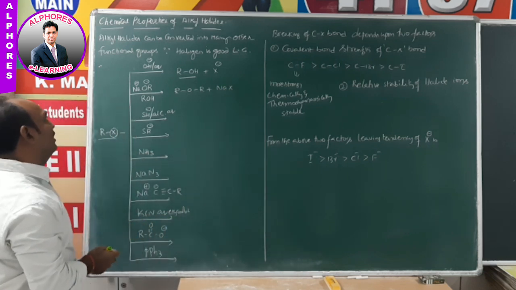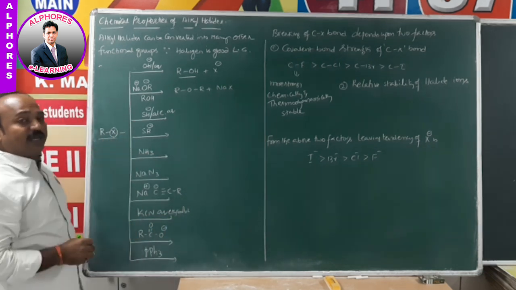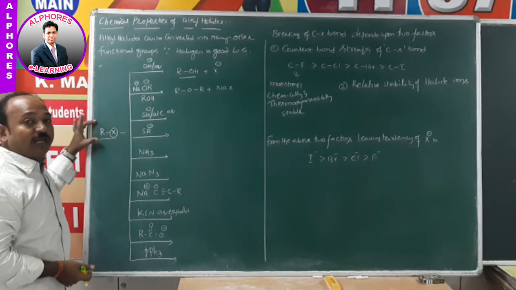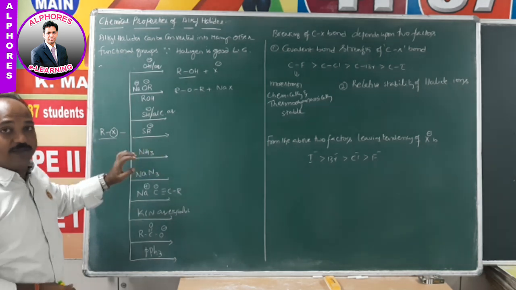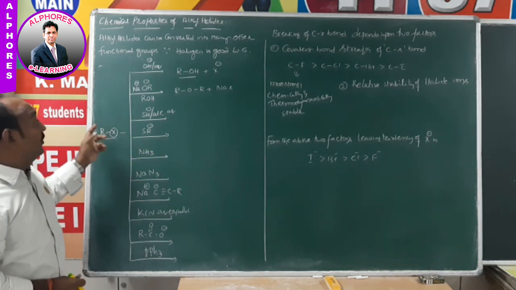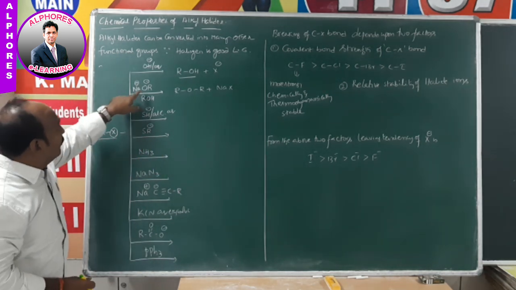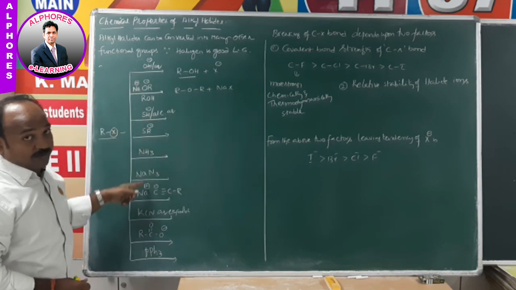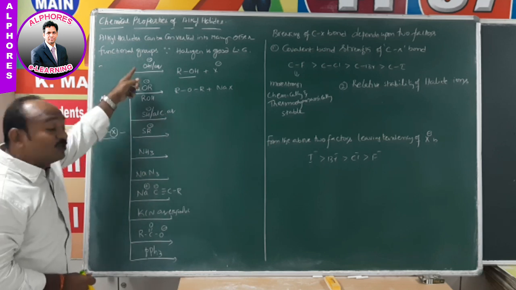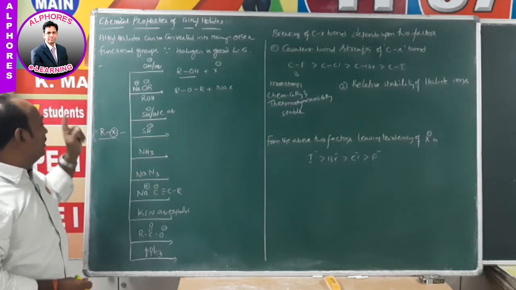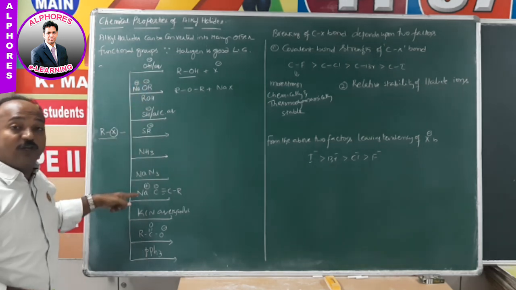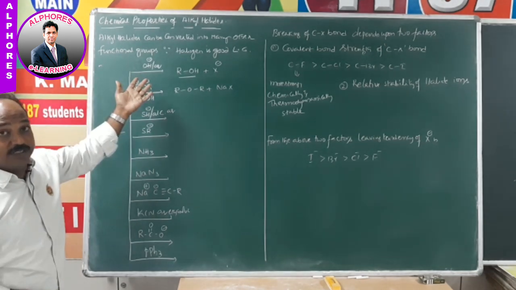If you observe here, alkyl halide is basically non-polar, which is insoluble in water. Whereas the one which we are using as a nucleophile is ionic, which means it is soluble in water. That means the alkyl halide is soluble in non-polar solvents and the ionic one is soluble in polar solvents.